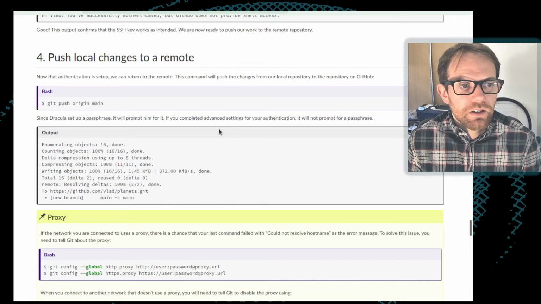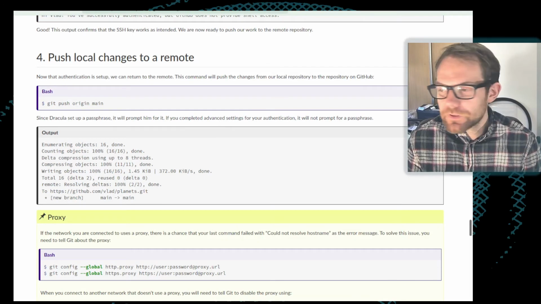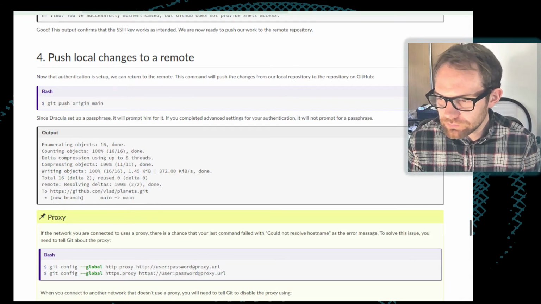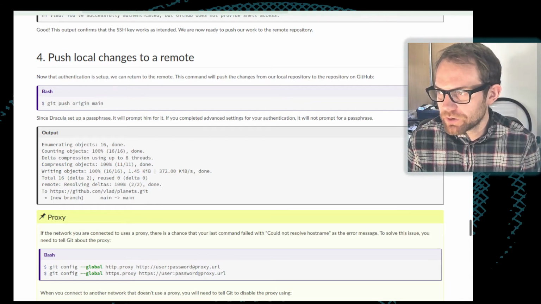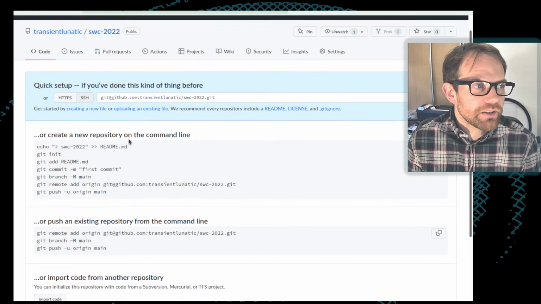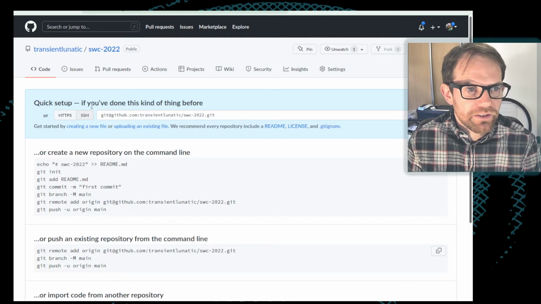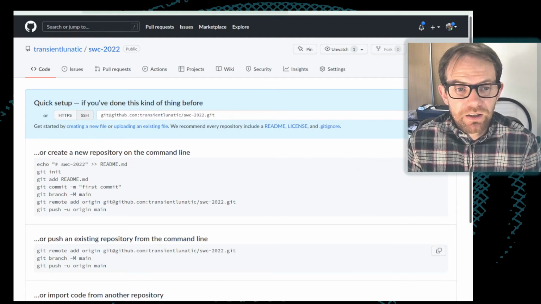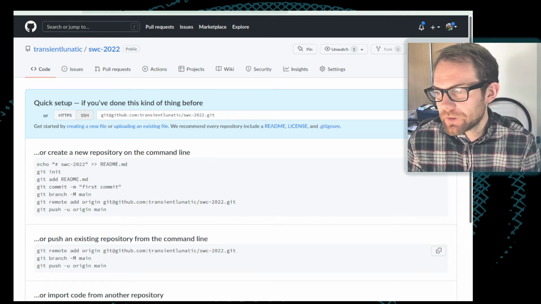Okay, back on track. So we have our local version of the repository on our own machine, and we've got this version of the repository on GitHub. You can see from all of this, the repository is currently completely empty. So we want to send what we've already got on our machine up to GitHub. Well, how do we do that?